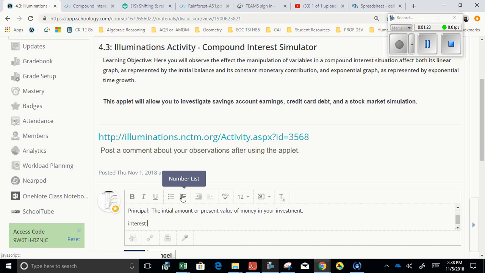Interest rate. The annual interest rate stated as APR, which stands for annual percentage rate. N is the number of compounding periods, also known as periods. R is the